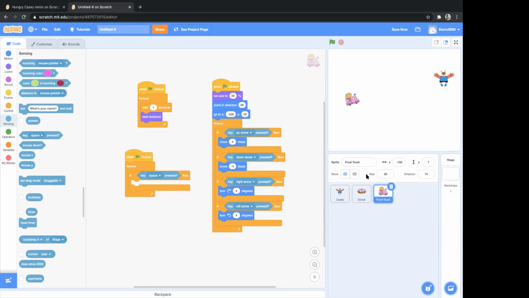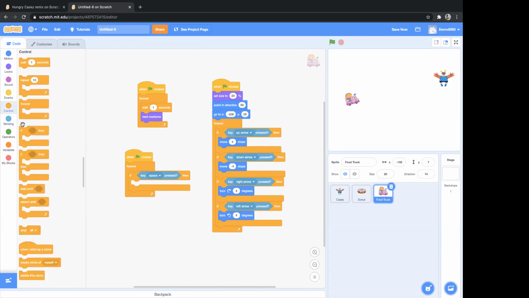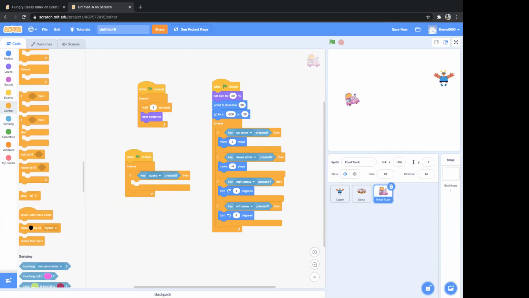is to create a clone of the donut. Okay. So we'll go to control here and use this block, create clone of myself, and place it here. Now from the drop down, we don't want a clone of food truck. We are coding it in food truck right now, so we don't want a clone of food truck. We want a clone of donut. So whenever the space key is pressed, it will create a clone of